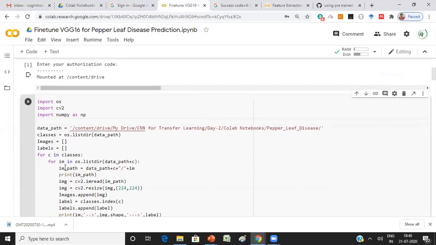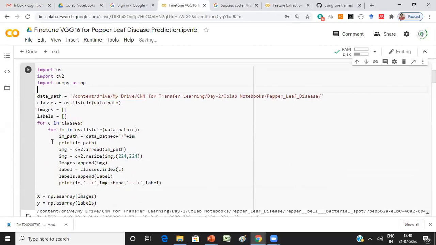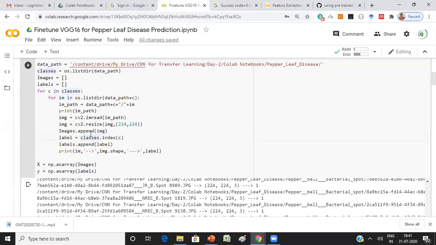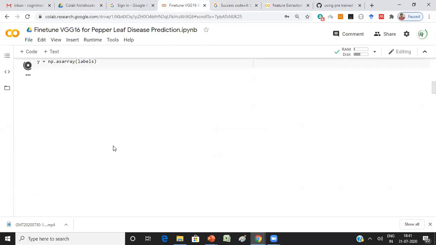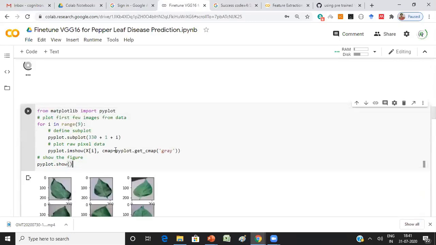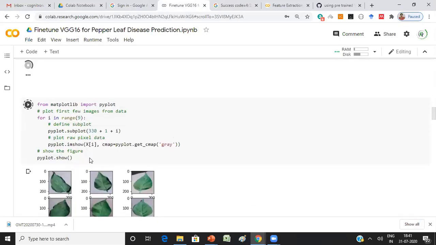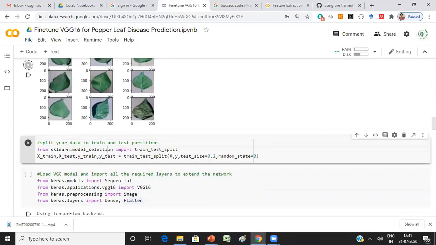Now all this code you are familiar with, right? You just need to give the path of the directory and then extract all the features and all the labels. That's what we are doing in this part of the code. This we have seen already, and also how to visualize a few of the examples, in the earlier class itself. Then you split your data into train and test splits, because your variable X has all the features and Y has all the labels. You just split it as per your requirement. In this case, I have taken test size as 20%.